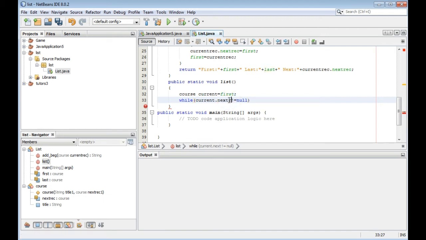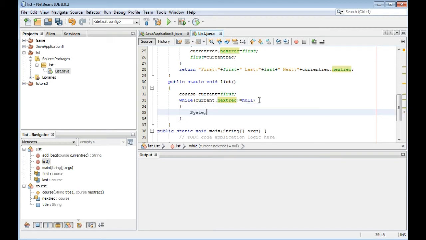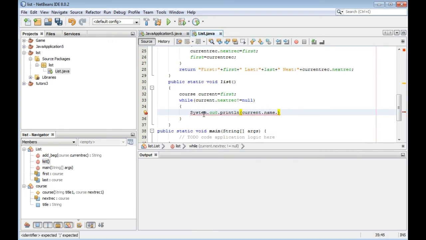Then System.out.println current dot title dot toString, and we should display the current title.